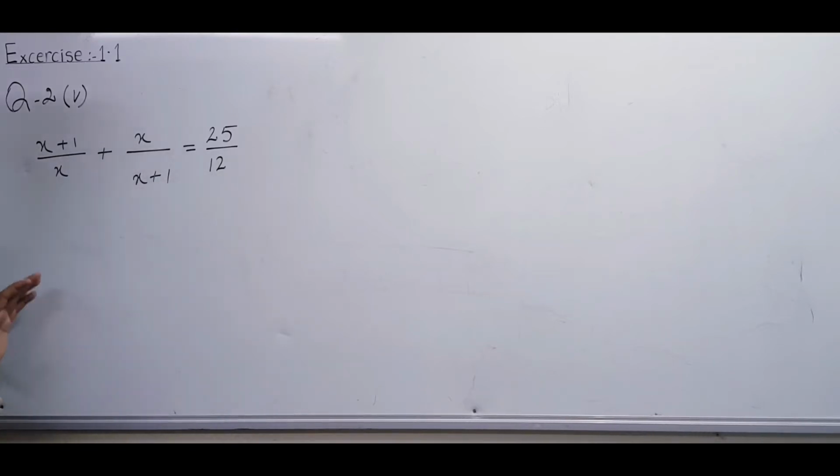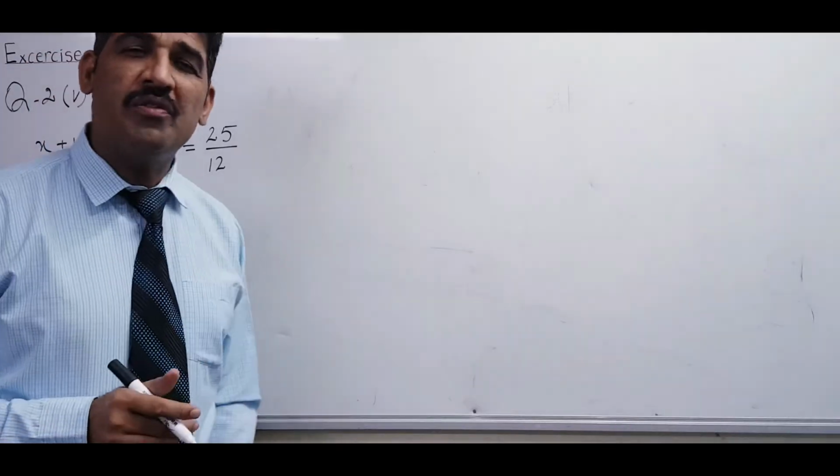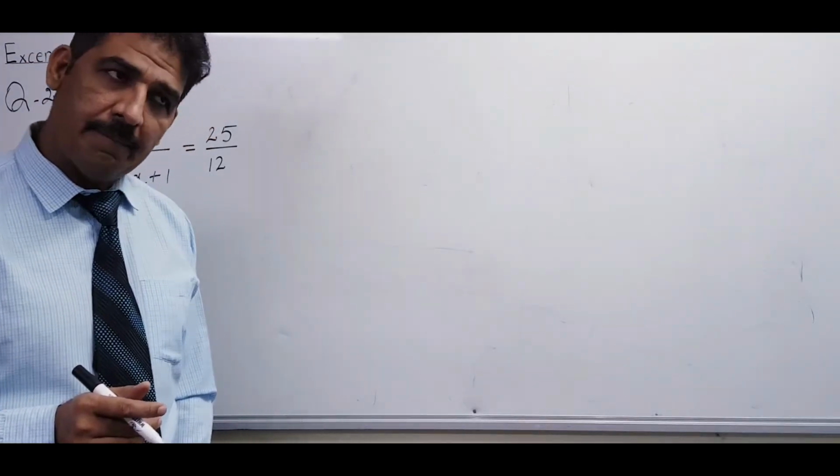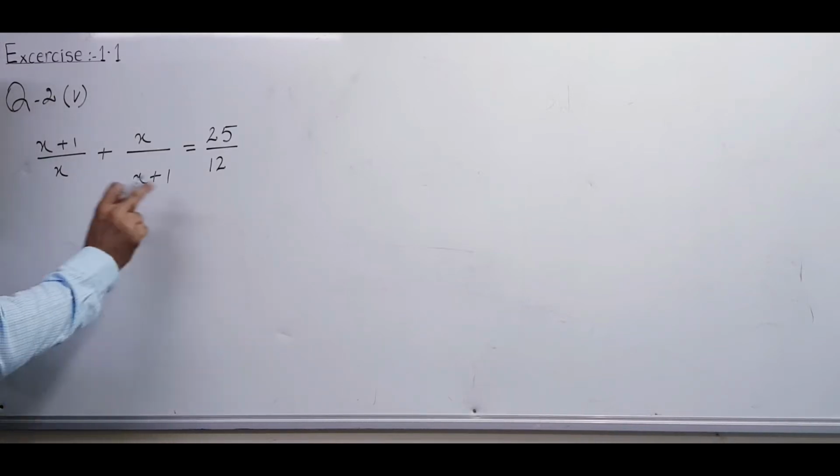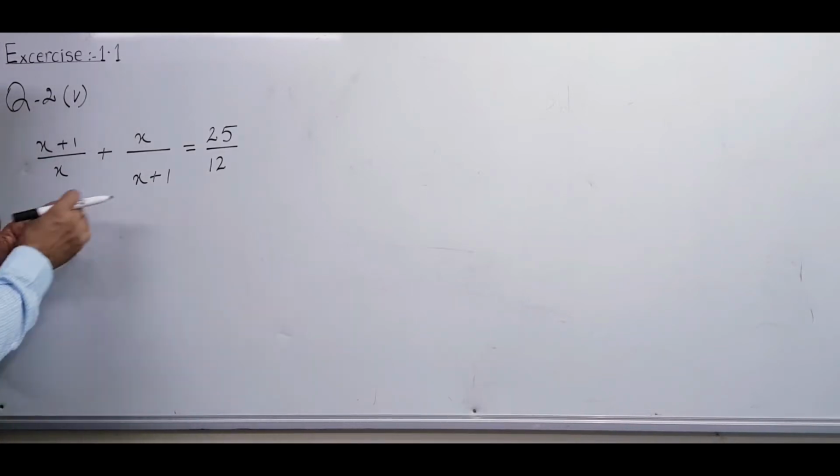The first procedure is that we have to remove its fraction, meaning we have to remove its denominator. And how to remove its denominator? Multiply by its LCM. Good. So what is the LCM of that one? Because all terms are separate, it is the product of all terms. So what do we have to write? Multiply by